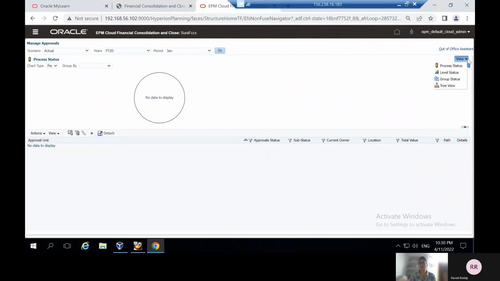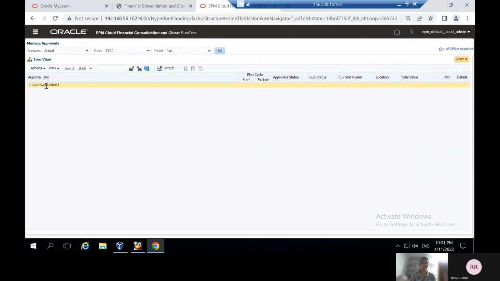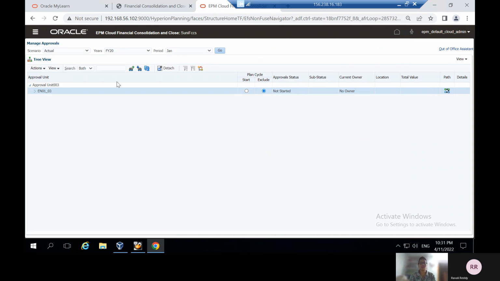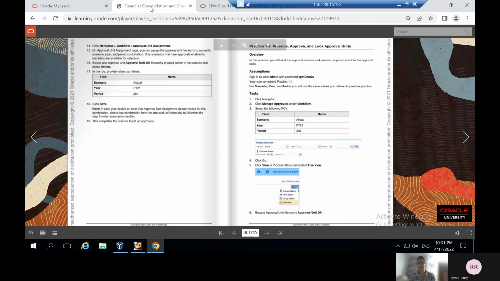Under view select process status. Now click on tree view. You can see approval unit 003 has been approved here. Now you can see this is the one we got. And going back to the activity guide, to promote this we have to follow these steps. So expand approval unit hierarchy, and then